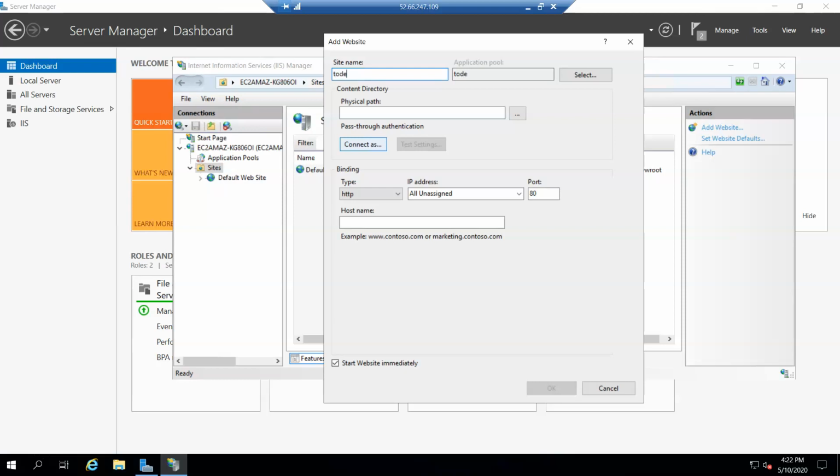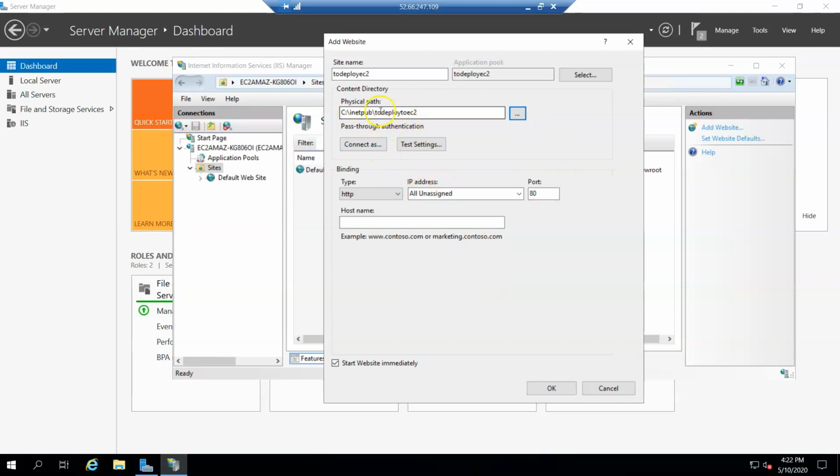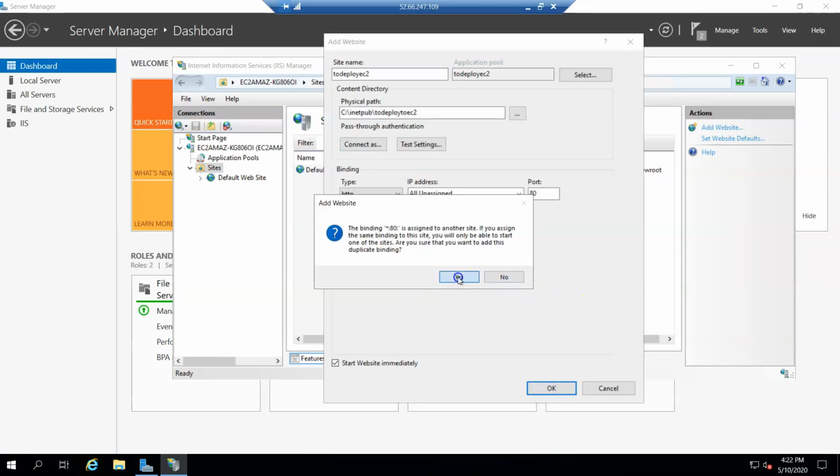To deploy, you can give any name. It is not necessary that you give the same name as your project name. Don't worry about it. I'm creating a separate folder for better maintenance, or you can just go to the www and make that a folder. So under this, to deploy to EC2, this is just my folder where the files are going to be copied to. So select the path and then go with all the default parameters. Okay. Yes.